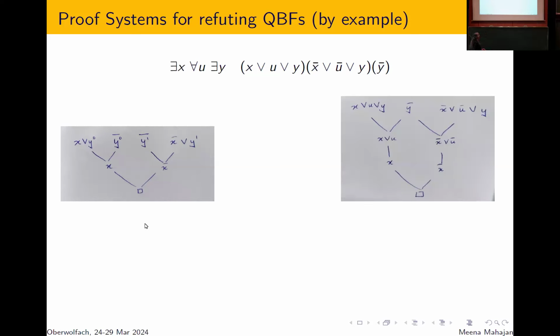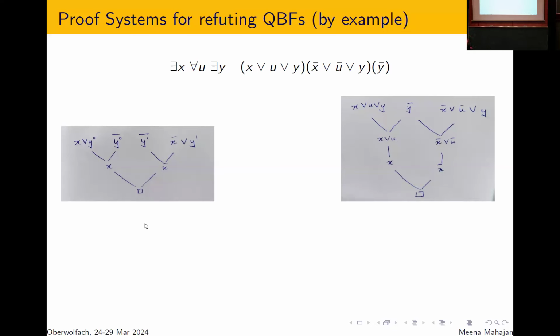Here's a different way of proving falseness of the same QBF. You start with the initial clauses as they are. You do some resolutions, and here the resolutions are being done on the y variable. And now you see what's happening here. I have this clause x or u from which I've derived x. Now the meaning here is that every time I derive a clause, I can add it to the inner propositional formula. And if there were a model, that model would also work with this clause added. So along with those initial three clauses, if I had added x or u, it doesn't matter. If the existential player could win earlier, she can still win now.